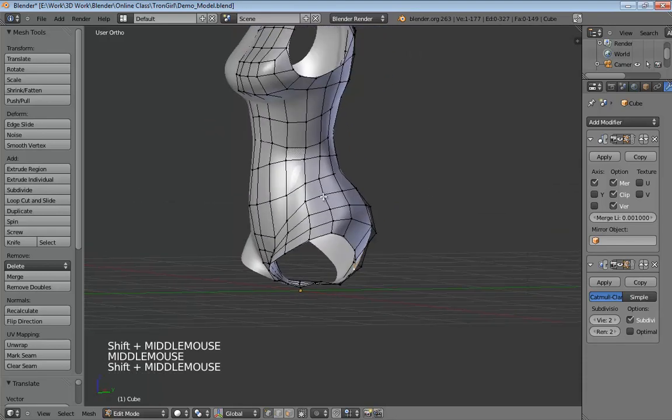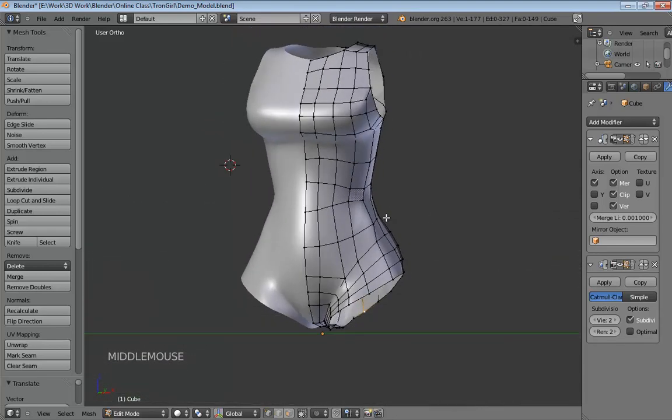Okay, so I think this is a good enough place to put our work on hold. We got our image planes in place. We've got some basis for the torso. And I think now would be a good time for you guys to get your models up to this point in between now and the next class. Of course, don't be afraid to continue working. If you want to go a little bit further, maybe do a save as and see if you can attack